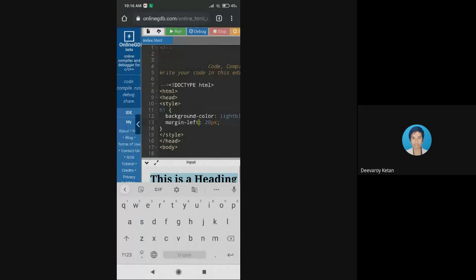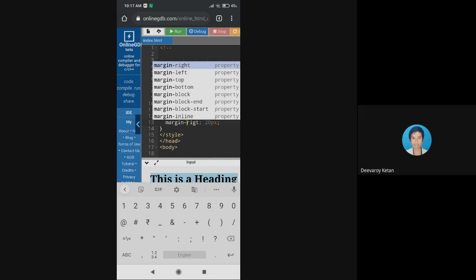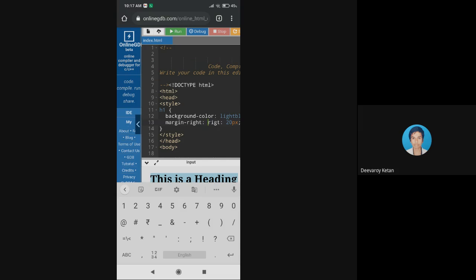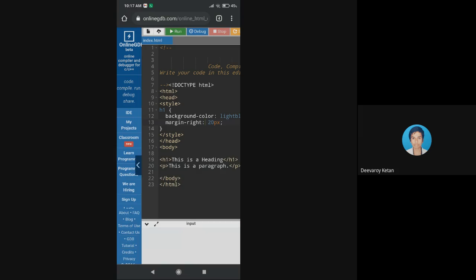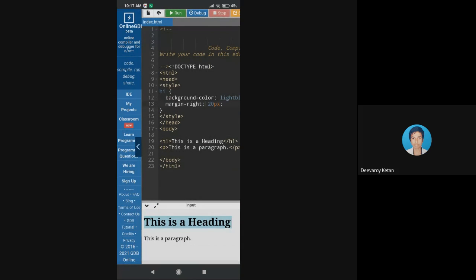And if you try to change this to right side and run this, I can see it has come to the right side.